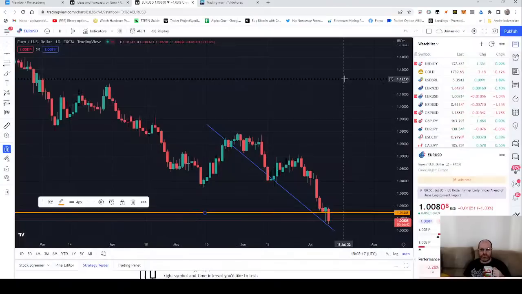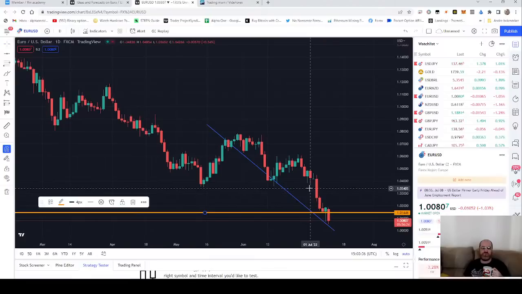But if we close below here on the daily, a trade can be when we retest this resistance zone and we can see that it's holding. That could be a trade, but that's a swing trade